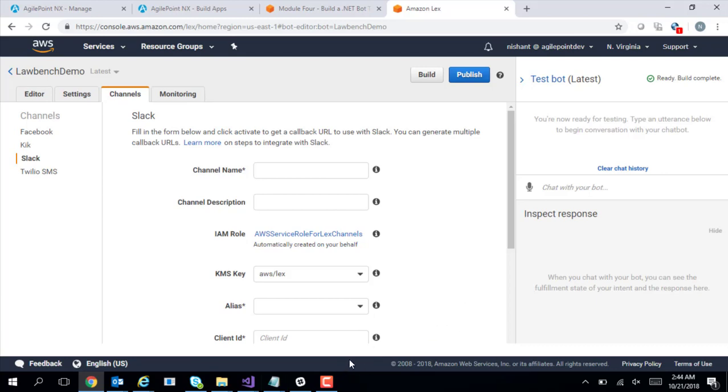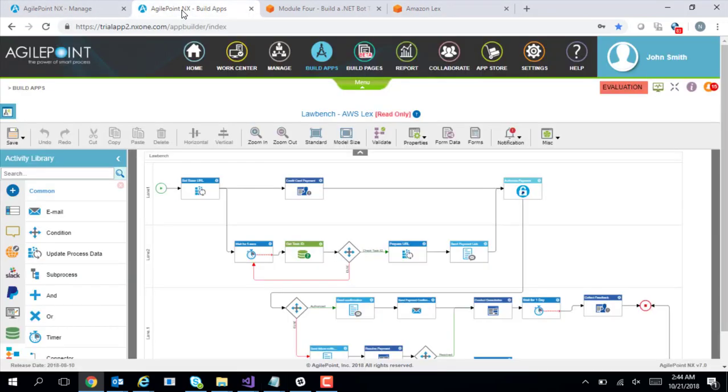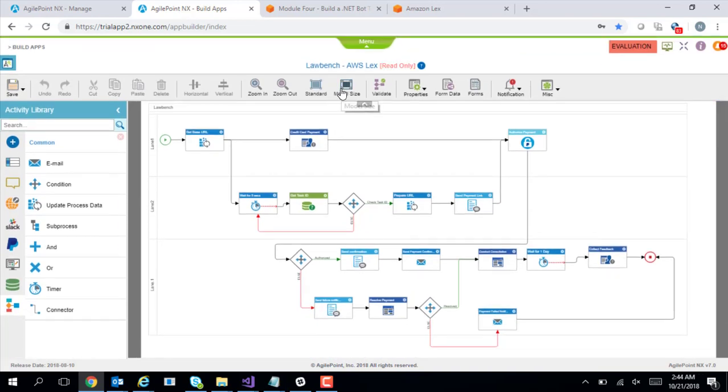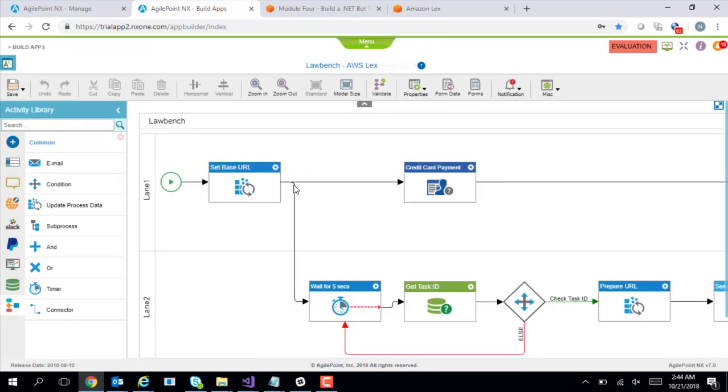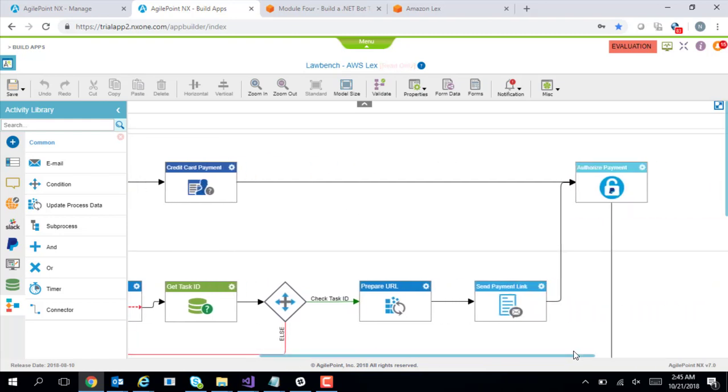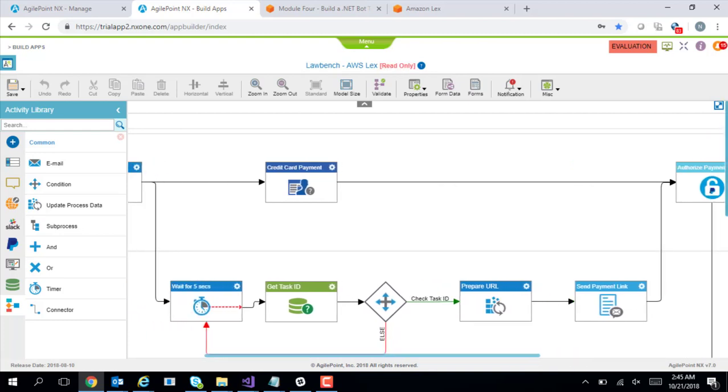So now with that, I'm going to actually show you the application this bot is going to trigger. If I switch back to AgilePoint, here is the application which I'm going to use. Once the user has provided all the information, it makes a call into AgilePoint. It prepares an e-form where the user can provide the credit card information and process the payment. Payment gets authorized through PayPal. If the payment is authorized,